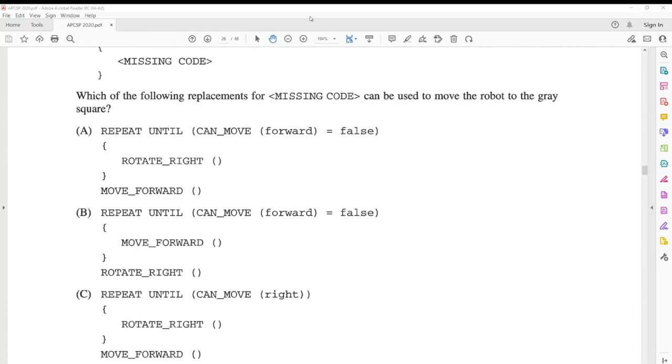When you can move forward, it directly moves forward. If you cannot, you turn right. If you can move forward, you continue to move forward. If not, you turn right. Okay, if you can move forward, you move forward. If not, you turn right. Until you go here. So B is the solution. B, number 21.